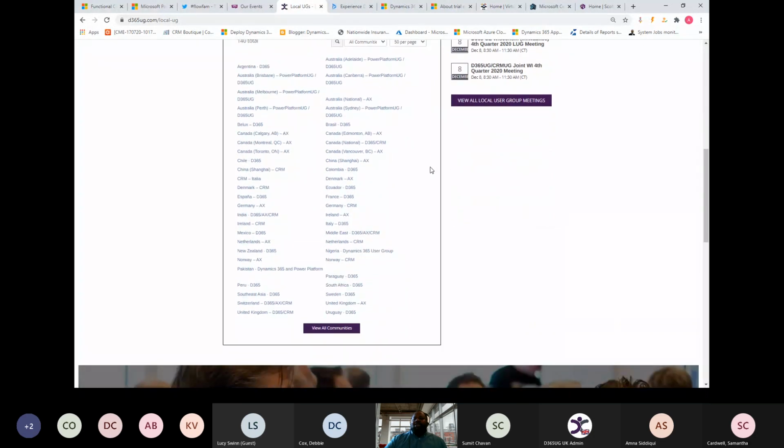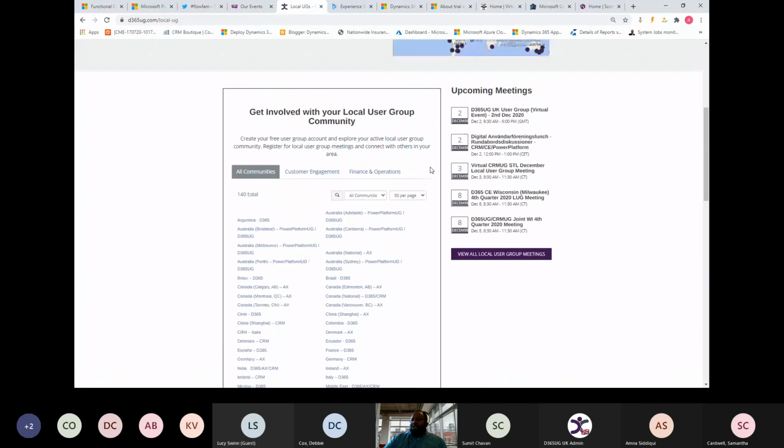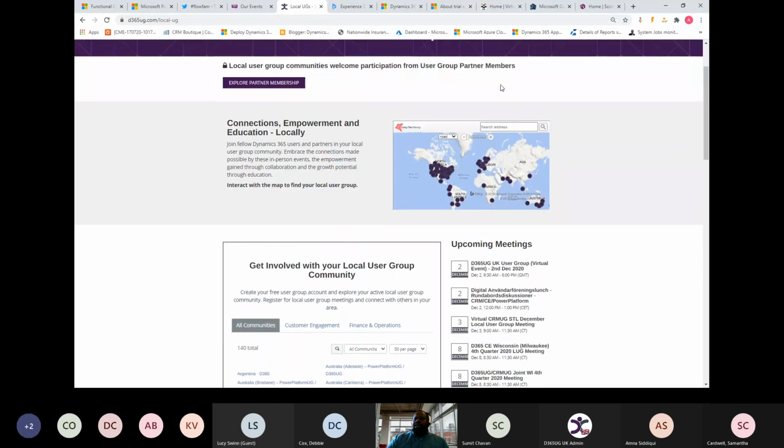So if you see, there's a long list of these communities, these groups, where you also have upcoming events. Again, in terms of what is there to support your journey, what is there for you to go to the next level, there is quite a lot of material available. In some cases, you also want to ask a question apart from Twitter, apart from these events. You also have